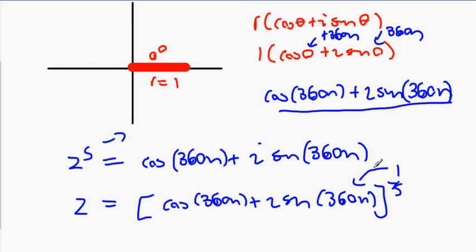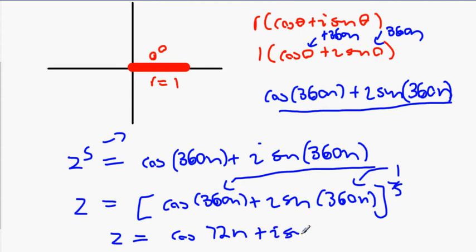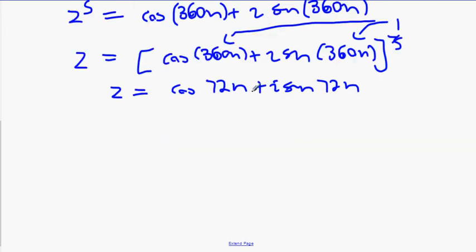You multiply a 5th by each angle, and you're going to get z equals cos 72n plus i sin 72n, because 360 divided by 5 is 72. Now, once you've done that, you're going to start off with n equals